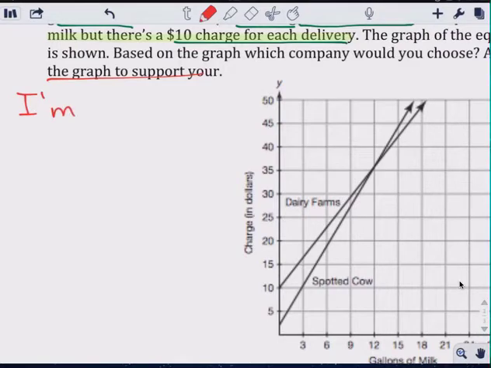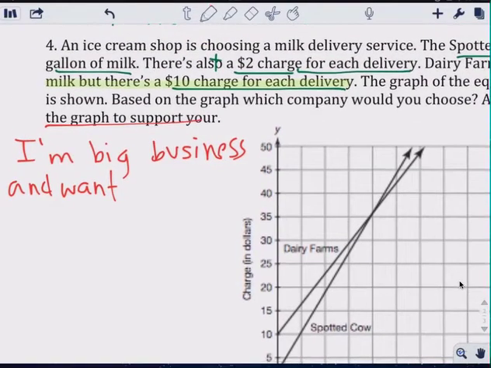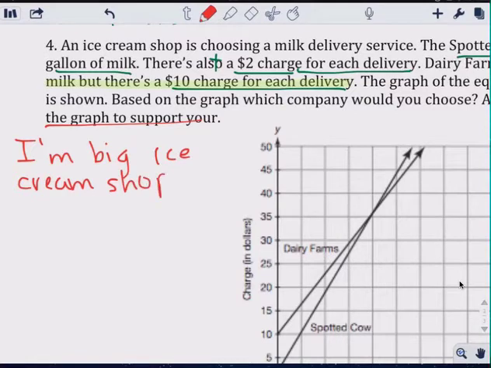I'm a big business, and I'm a big ice cream shop. I want a big, okay, probably big ice cream shop. I'm a big ice cream shop and needs